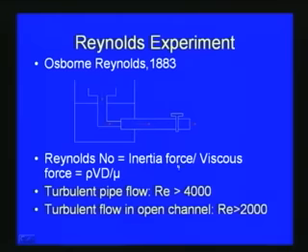So, you can say that the Reynolds number less than 2000, as we have seen for pipe flow, is totally laminar. 2000 to 4000 is actually the transition stage, and when the Reynolds number exceeds 4000, we can definitely say that turbulent flow exists in the pipe, or the pipe flow is turbulent. And similarly, as far as channel flow is concerned, as we have discussed earlier, up to a Reynolds number of